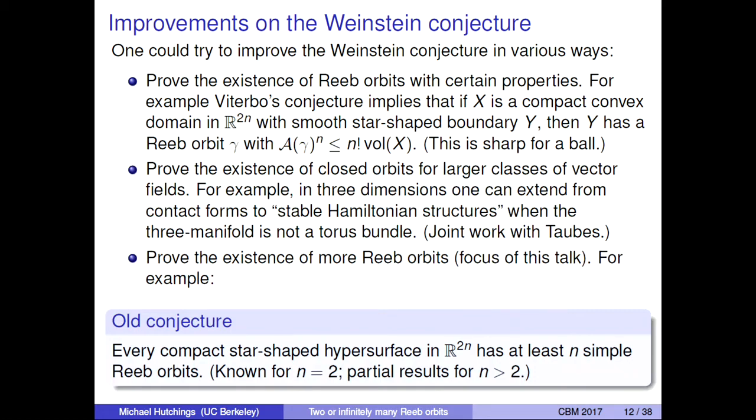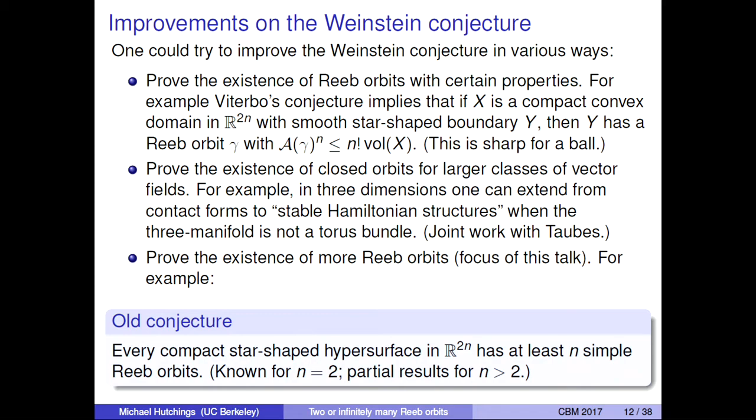So one way is to try to say something about the properties of the Reeb orbits, not just say that a Reeb orbit exists, but say that a Reeb orbit exists with this or that property. One of the things you could try to do is to make the period small. So you could try to prove that there exists a Reeb orbit with some upper bound on its period in terms of something else. There's a fascinating conjecture of Viterbo, which says that if you take a star-shaped domain in